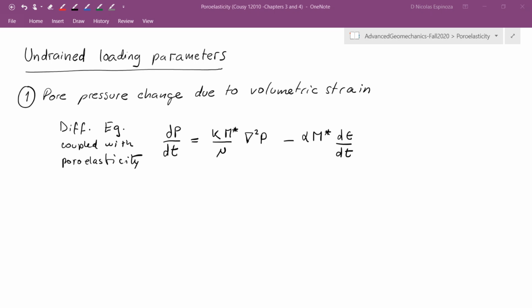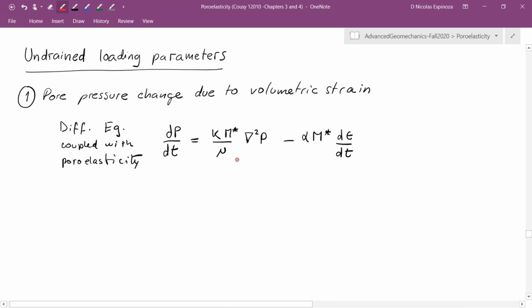In this video, we're going to see typical parameters that characterize undrained loading. And we will start by looking at what is the pressure that we would expect due to loading under undrained conditions in a porous solid. All right, so we will start by